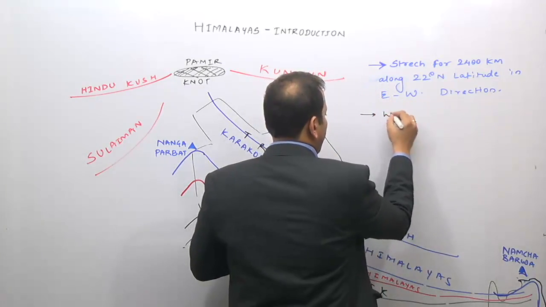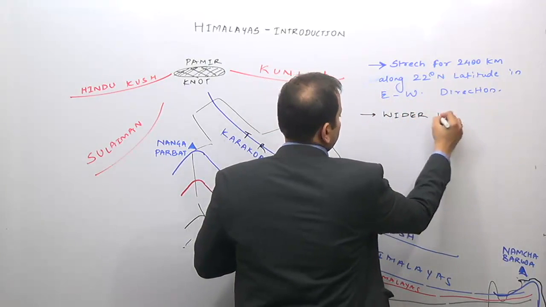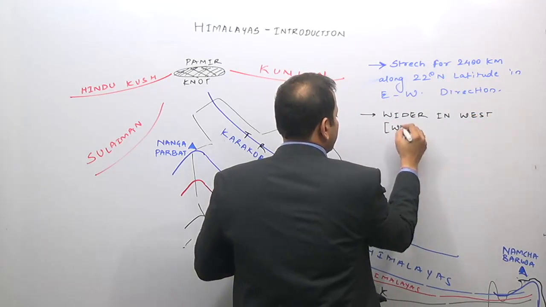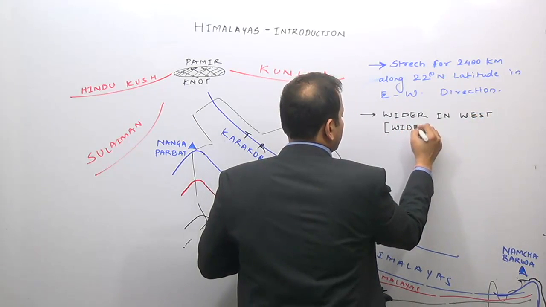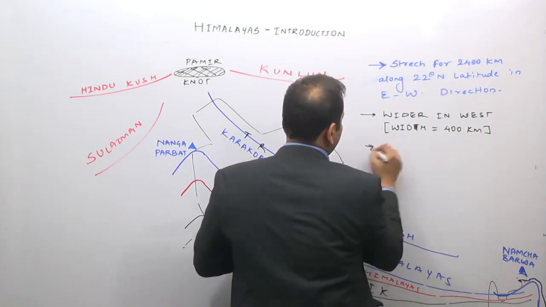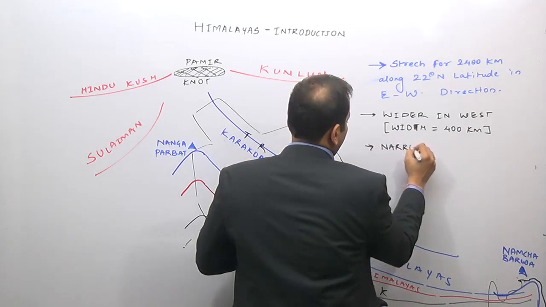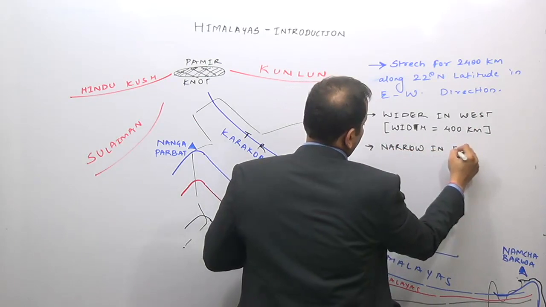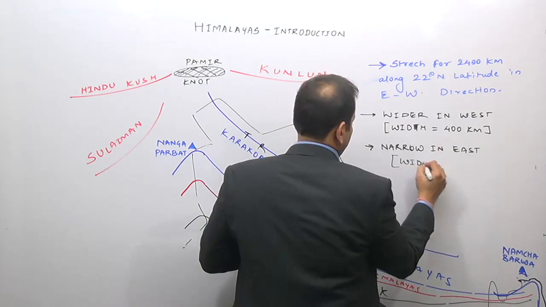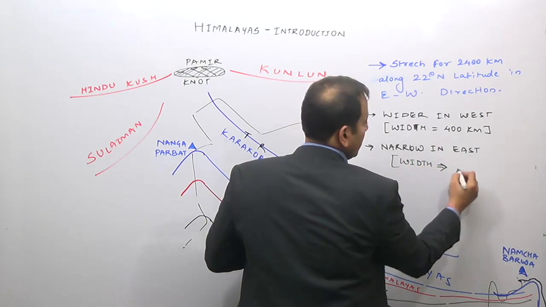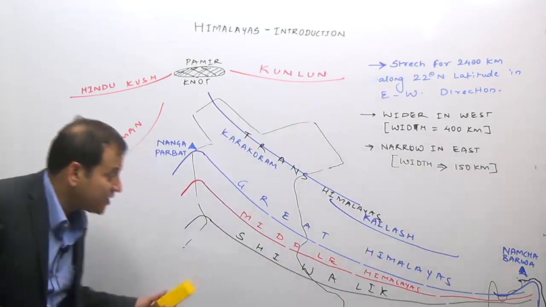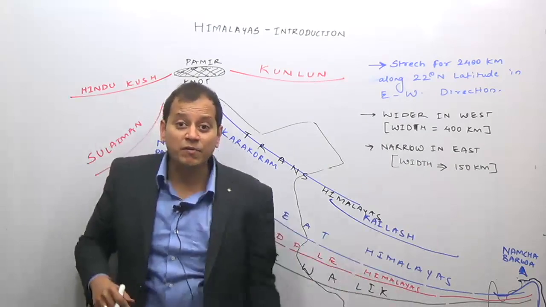So they are wider in the west, where the width of the Himalayas is somewhere around 400 kilometers, while they are narrow in the east, where the width is somewhere around 150 kilometers. Also, the eastern Himalayas, that is the Himalayas after river Teesta,